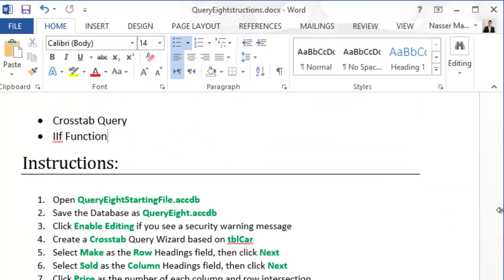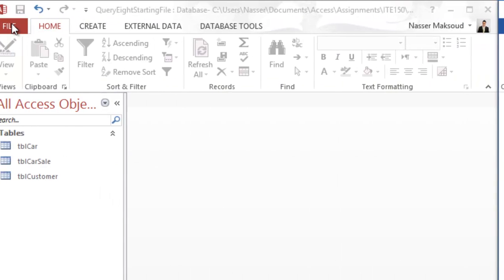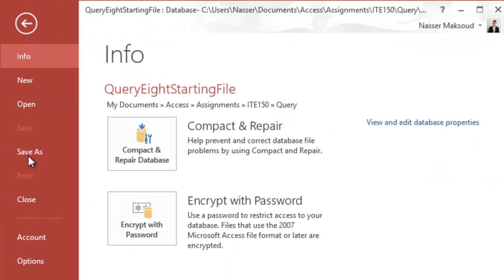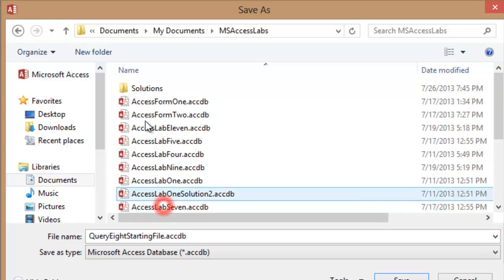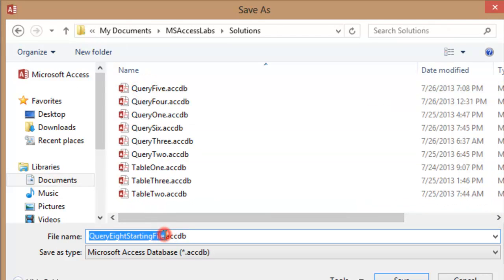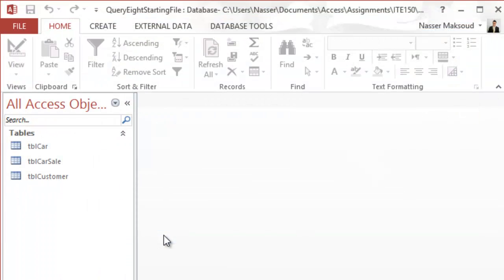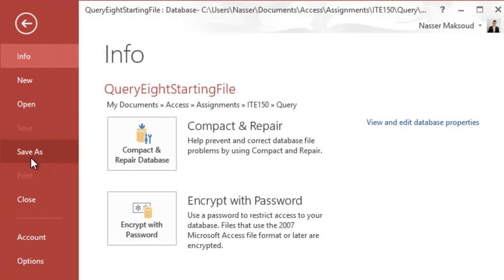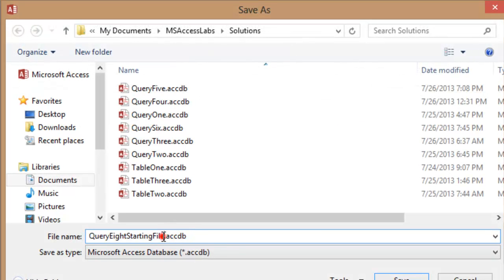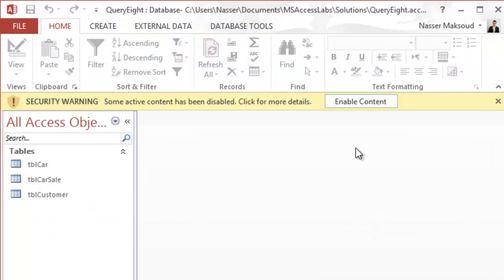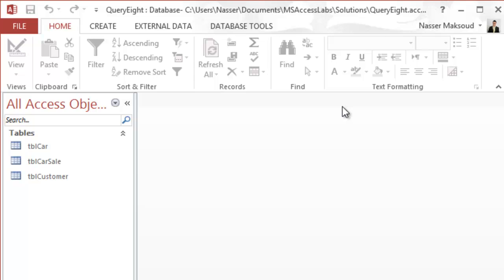Looking at the instructions, it says open Query 8 starting file. I will go ahead and do the same thing and then click on save as we usually do, and you choose a location where you save your solutions. And then click on save. Make sure that you click enable content,